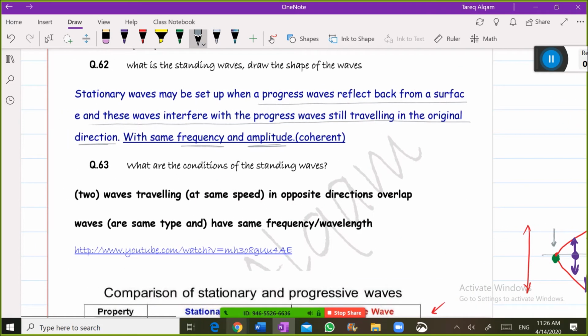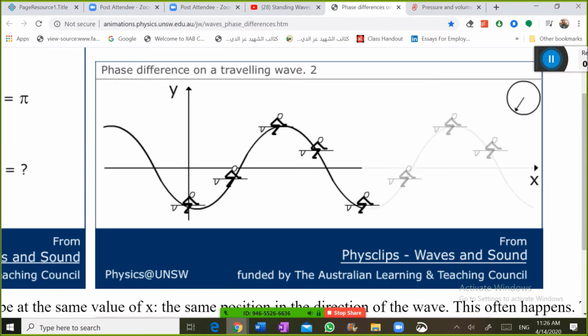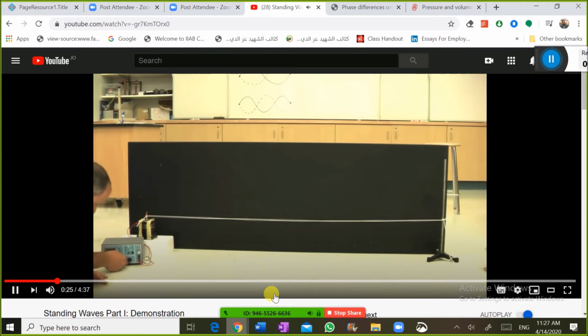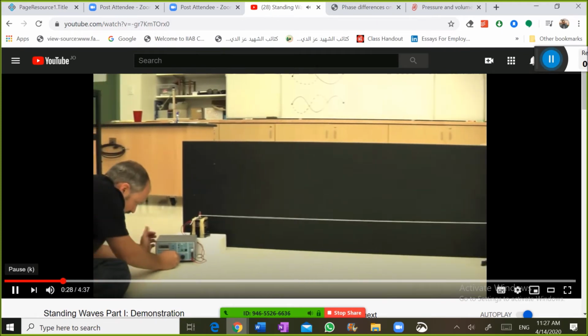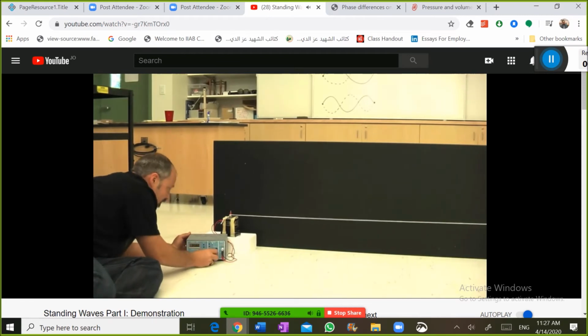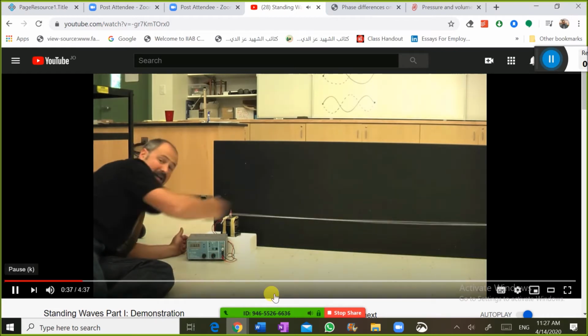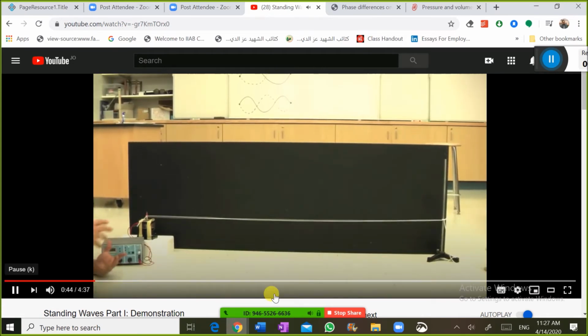If I go back to the video, if I set it to just any old frequency, let me turn this on. Let's go a little higher. So it's sending waves back and forth, but these waves are out of sync, if you like. They're not exhibiting consistently constructive or destructive interference at any one point. But if I set it here, for example,